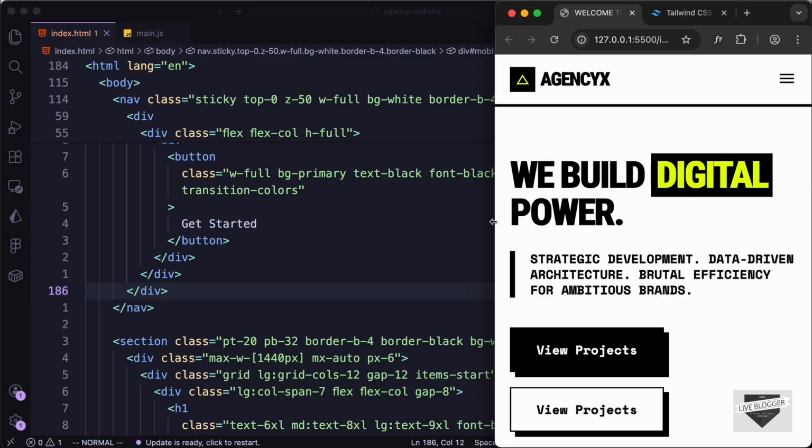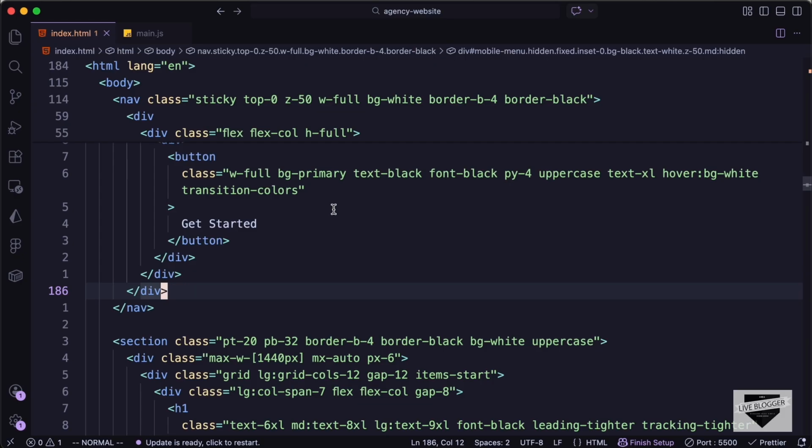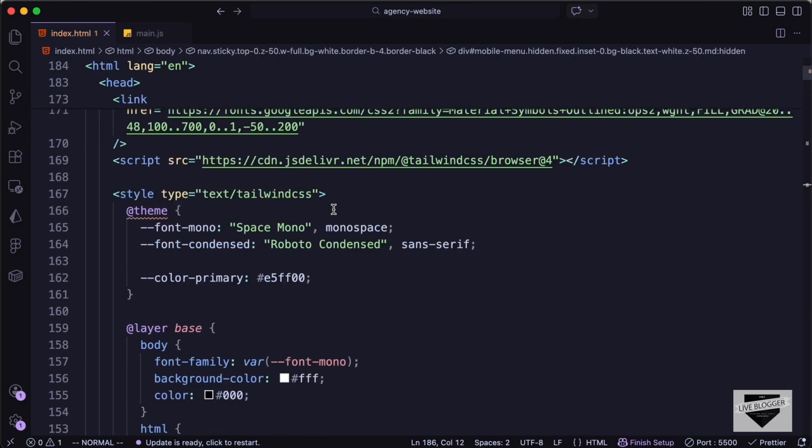So now in this video, I'll show you how to make this project production ready. So we'll go ahead and remove the CDN link from our HTML file for Tailwind CSS, and we'll build a production ready code, and then we will deploy it to Netlify for free. So we will do all of that in this video. Let's get started. Alright, so here's my source code, and if you go to the HTML file in the head